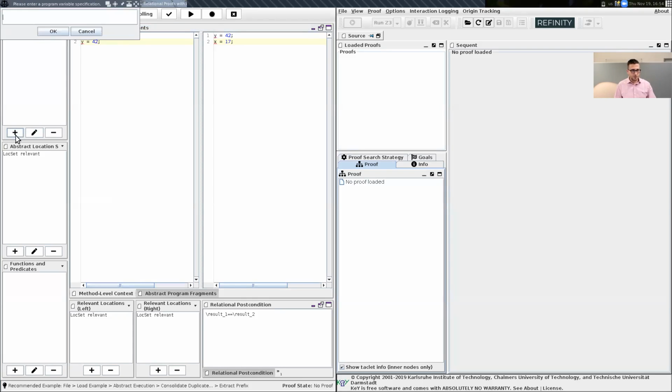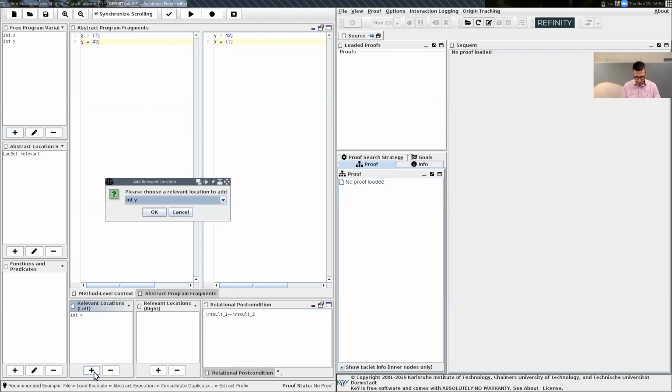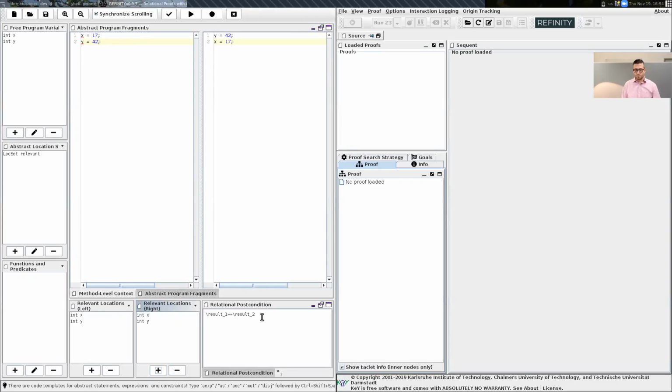So whenever you feel unsure about something in the Refinity window, just hover and you will be helped. So I will add now an integer variable x and an integer variable y that Refinity now knows, which we can now reason about. And reason about means that I want to declare those variables as relevant locations that I want to compare, which means to show their equality after execution of these programs. So I add both x and y to relevant locations on the left and right hand side, so for both programs. And I leave the default post condition saying that these things should be the same after